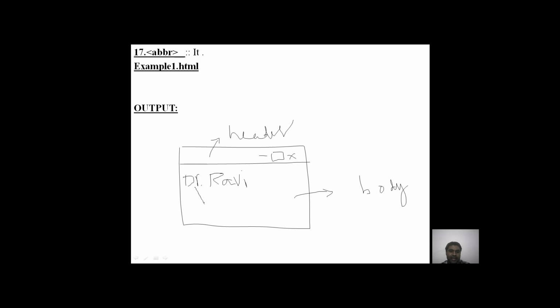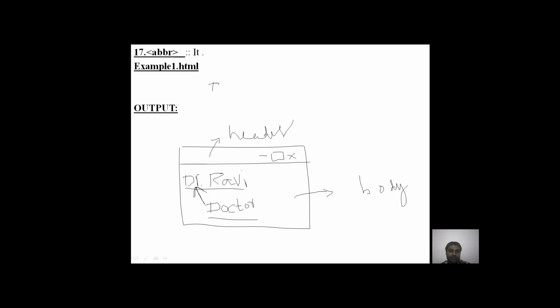Whenever the user places the cursor on this text DR, its abbreviation, doctor, should be displayed on the output screen. I think the output is clear. So the output is Dr. Ravi. Whenever the user places a cursor on the text DR, the web page should automatically display the abbreviated version, doctor, on the output screen.